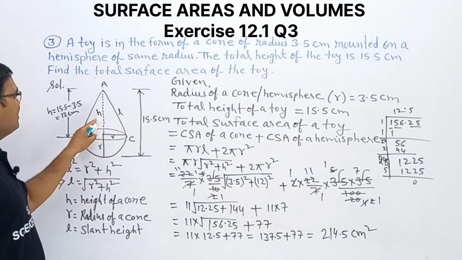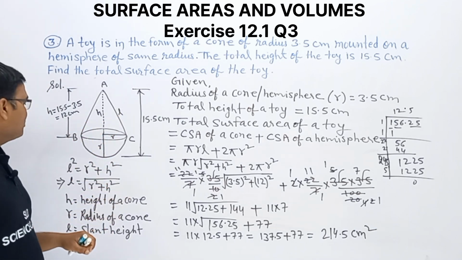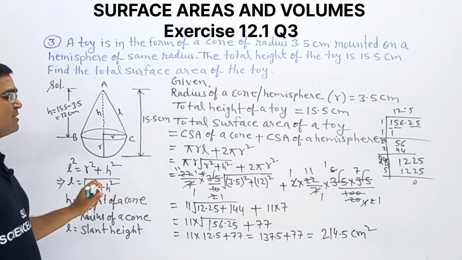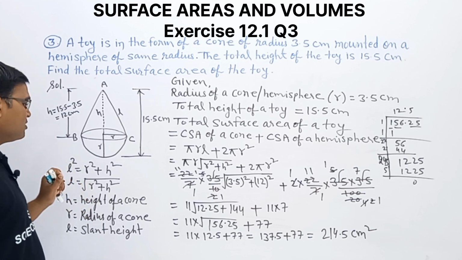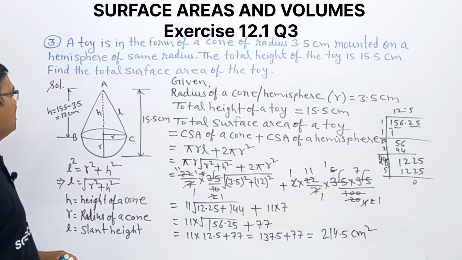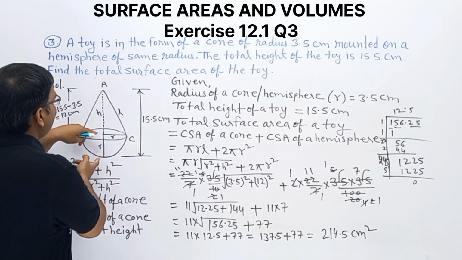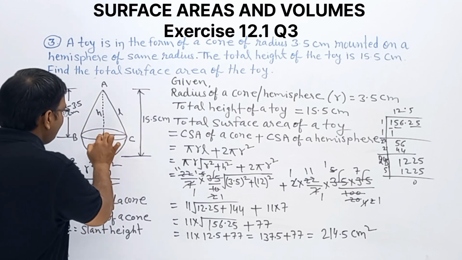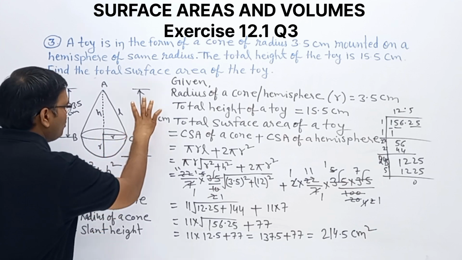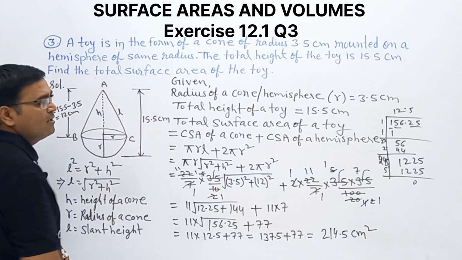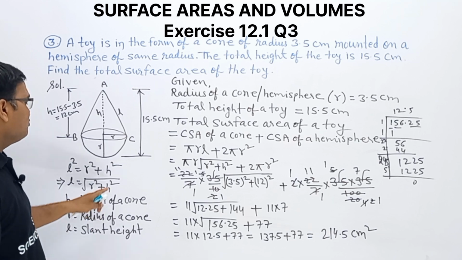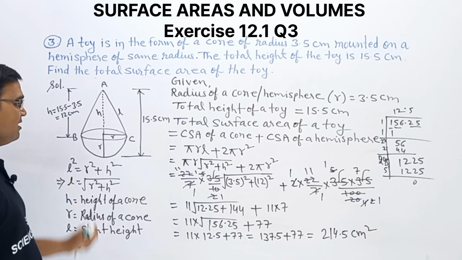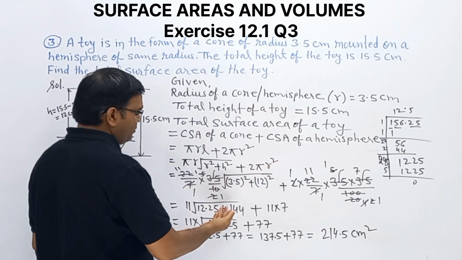Once we are having r and h, then how we will find the L? By using Pythagoras theorem. L square equal to r square plus h square, and L equal to square root of r square plus h square. R is given in the question directly, but h we are not having. In the question we are having total height and radius. So once we subtract radius, why? In the hemisphere, center to this distance is what? Radius. So total height minus this one will be what? Height of a cone. So h we calculated, then we will put the values of r and h and solve, then we are getting L. So similarly we are putting and solving, then we are getting what?